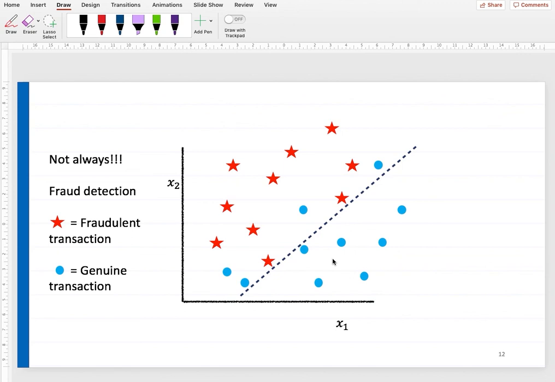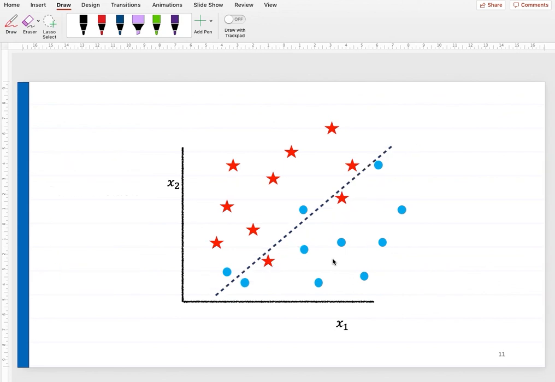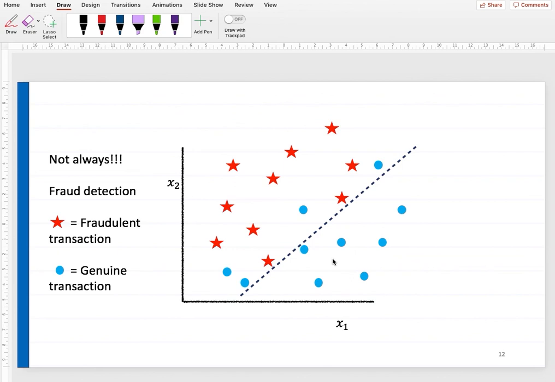But this is not acceptable because you do not want any fraudulent person to be able to access your card. So what you will do, you will shift the line from here so that all the red points, all the fraud points, are correctly classified at the cost of your inconvenience. Even if 40% of the times you have to go to the bank to make the transaction, that is inconvenient, but still you are sure that your account is safe.